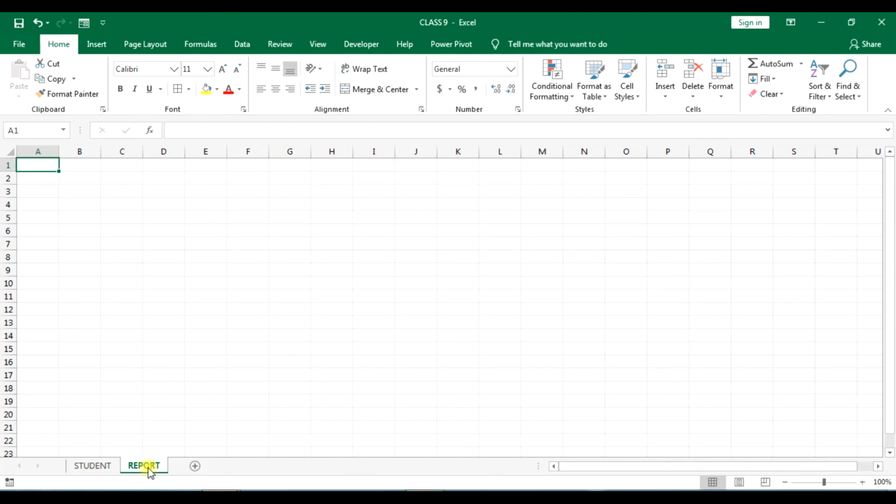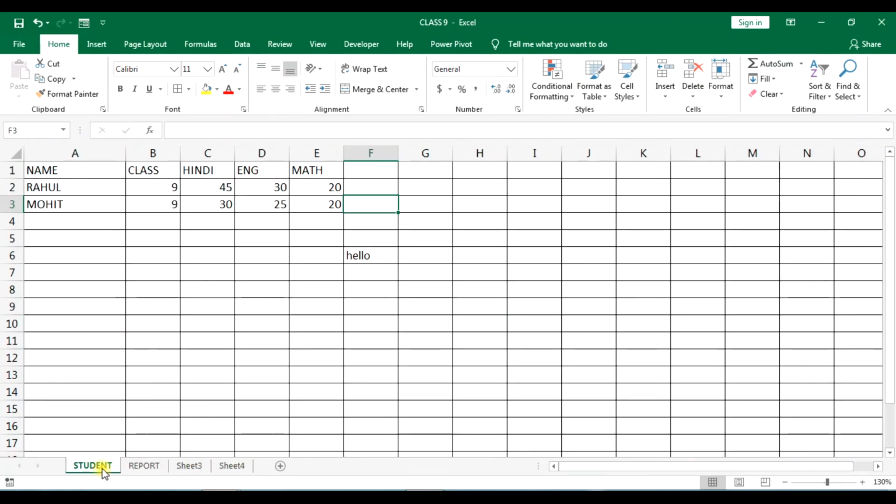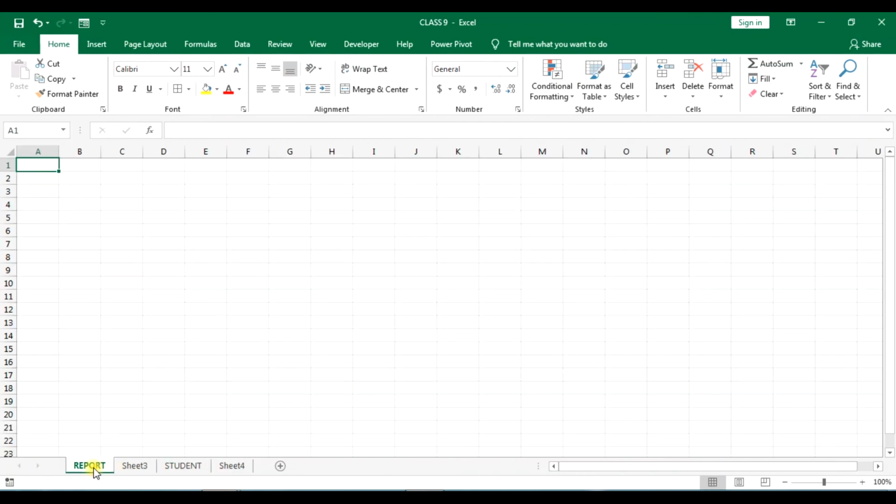Now I am going to teach you how to delete a worksheet. But first, before deleting, suppose this is your 3rd worksheet, this is your 4th worksheet, and you want to move it. Then you select the sheet, hold the mouse button and drag it. You can see this is moved. Now hold the Report and drag it to the last. In this way you can move a sheet.